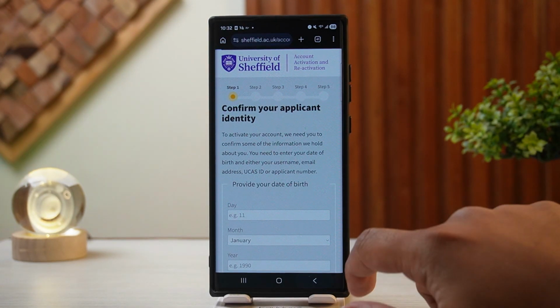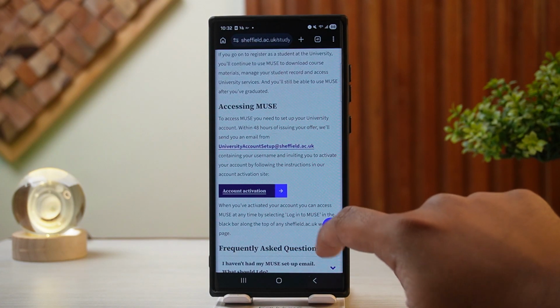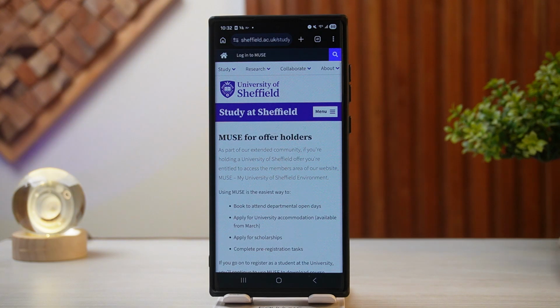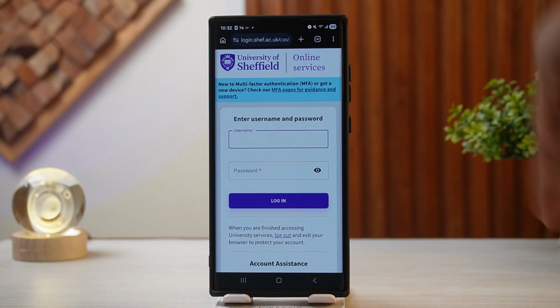Once your account has been activated, you can head back over and then move to the top of the page and then tap on login to MUSE at the top. Here you'll have to enter your email along with your password or your username and then hit login to log